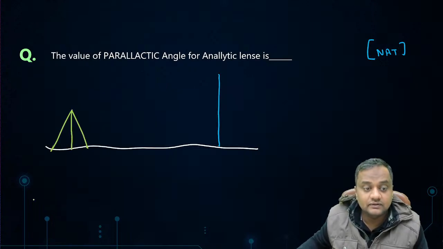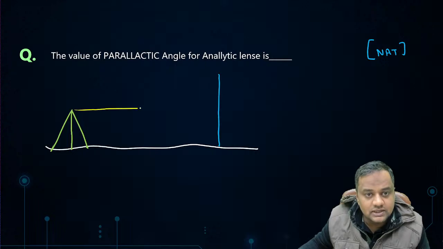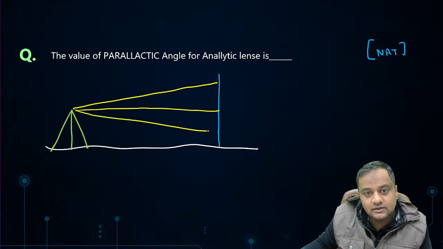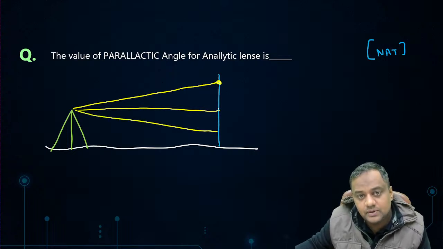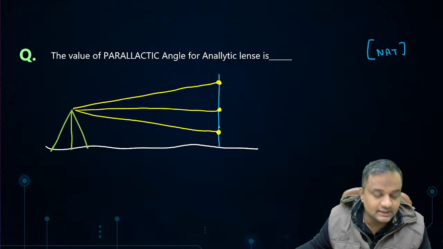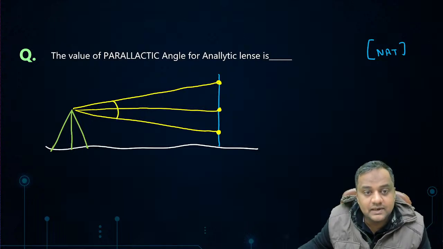You have three readings, na? In the diaphragm there are three crosshairs, like this. Okay, there are three cross wires in the diaphragm. These are the readings: top, middle, and bottom readings corresponding to the wires which are intersecting at the staff, and this complete alpha is the parallactic angle.